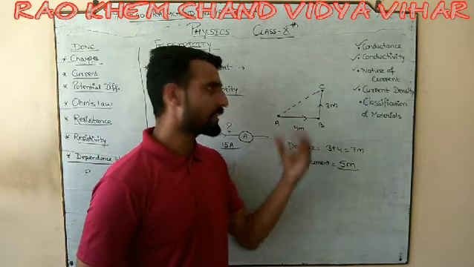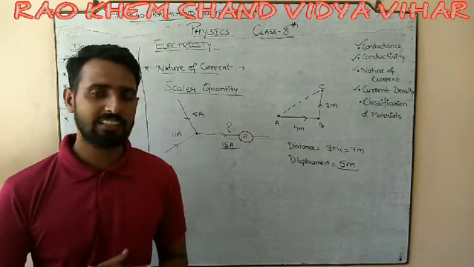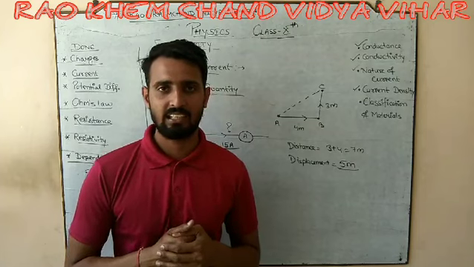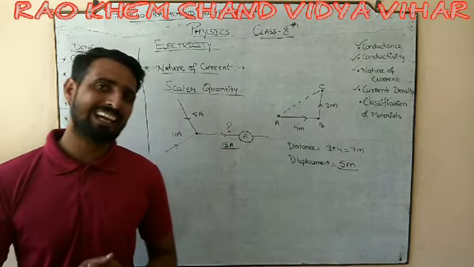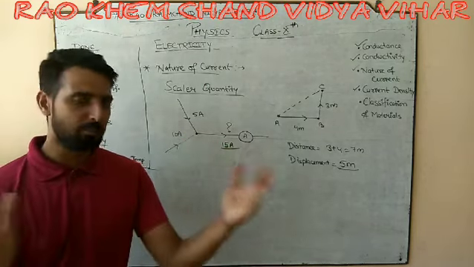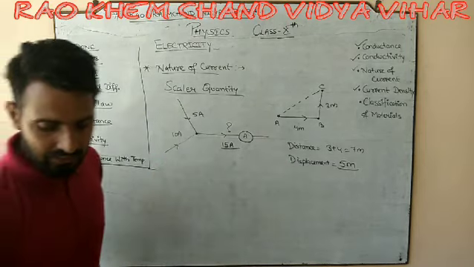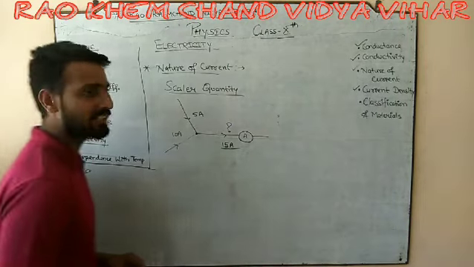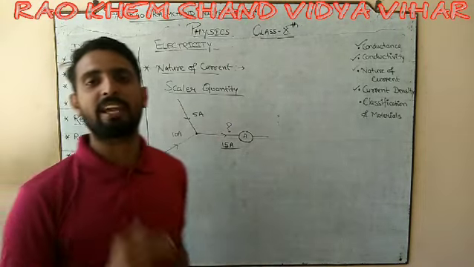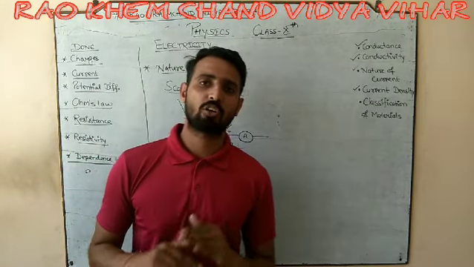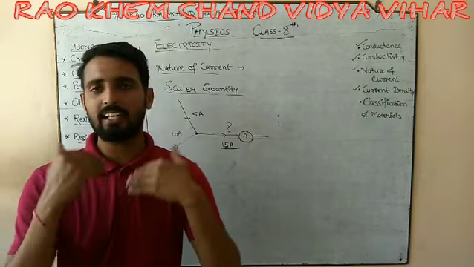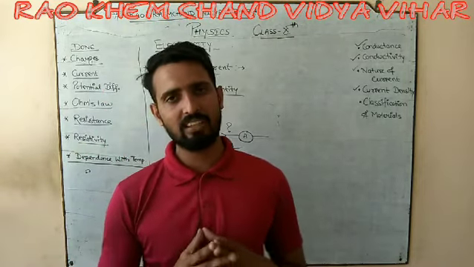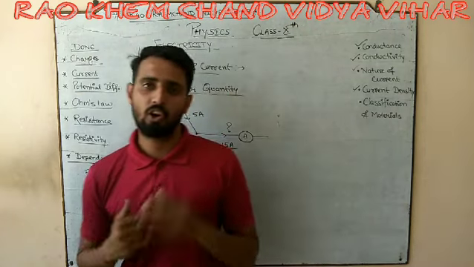Means the total net vector quantity, that is the total displacement, never comes from the algebraic sum. Only total scalar quantity can be added with the algebraic sum, simple addition. So when we came to the current, we came to know that current never obeys the addition laws of the vector quantity. So vector quantities have their own addition laws, that we will study in class 11th, but they have their own laws.